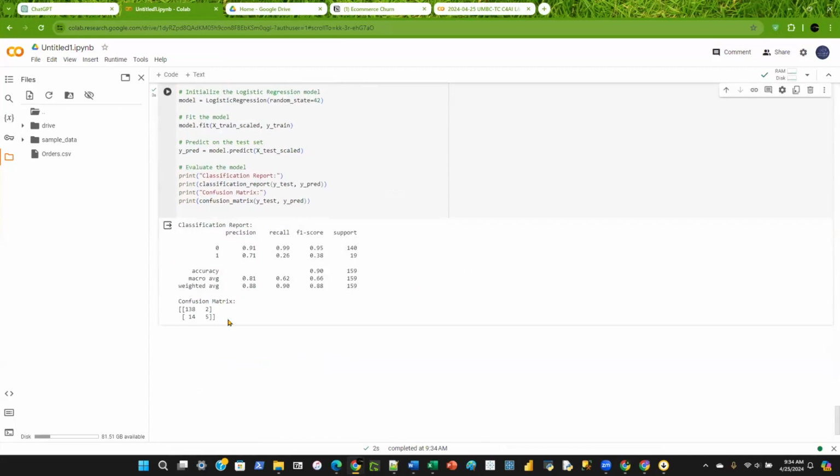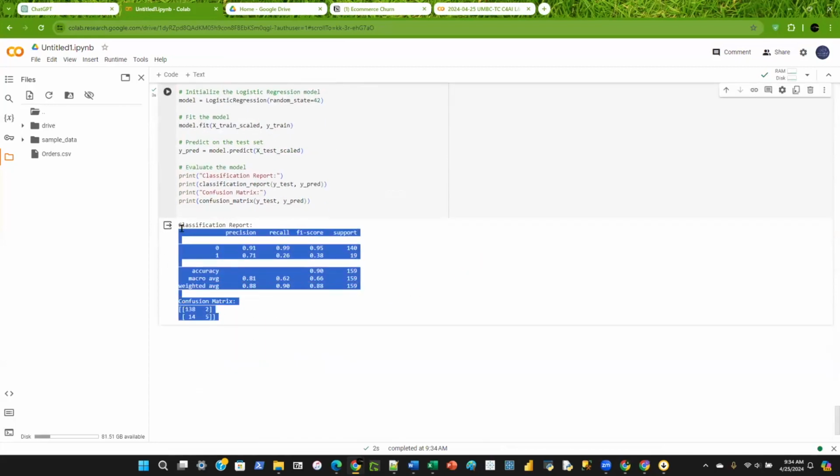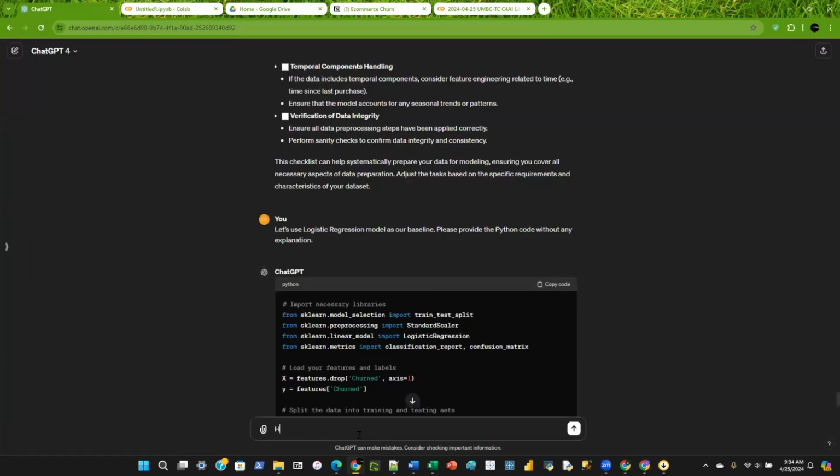And it gives me some sort of matrix here. I look at this matrix and I want ChatGPT to interpret it. So I'm going to go back to ChatGPT and say, help me understand the output.